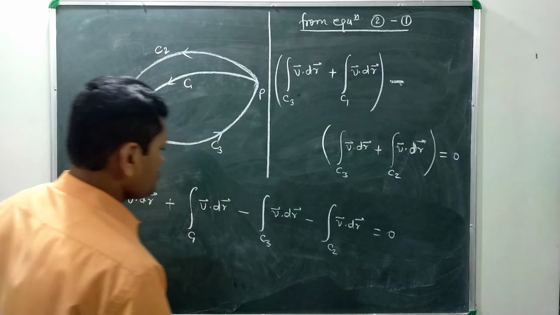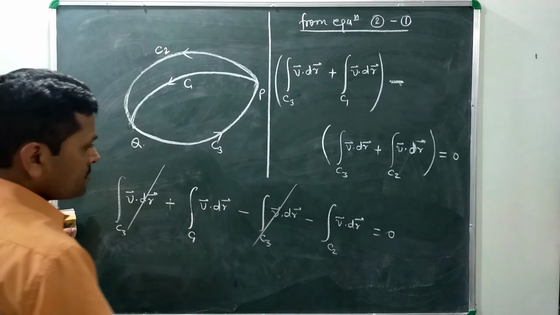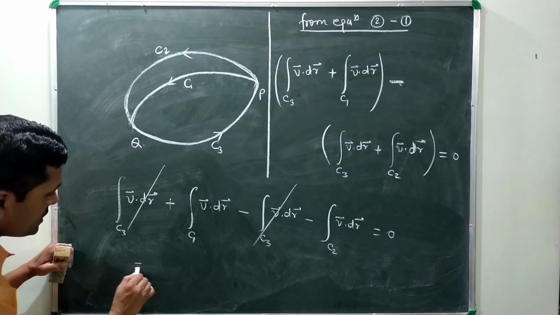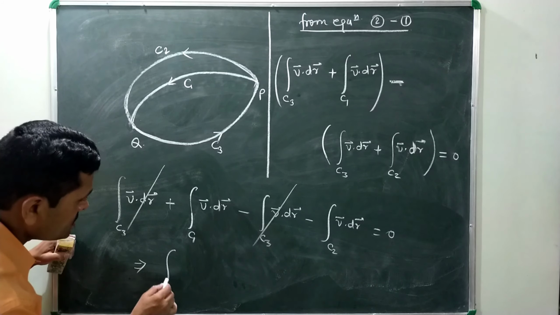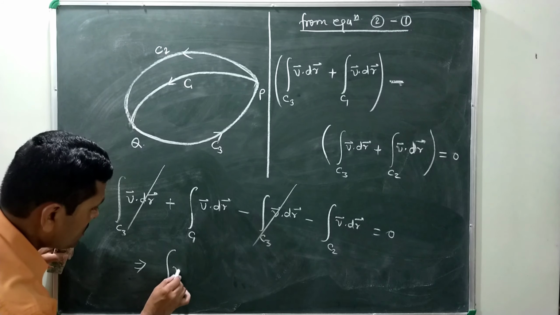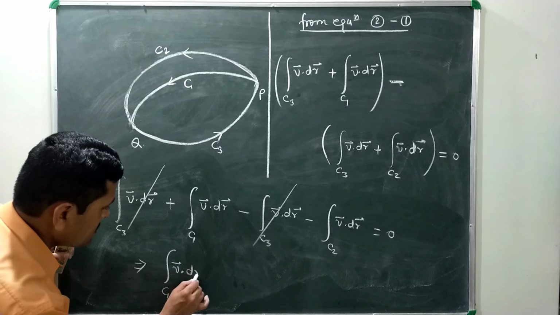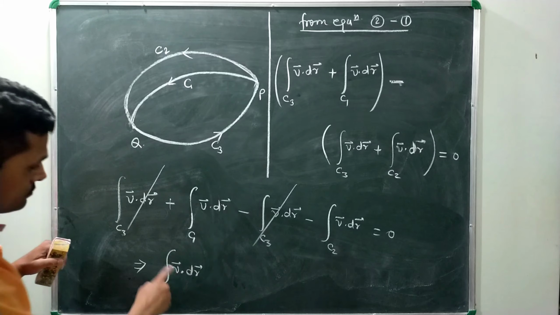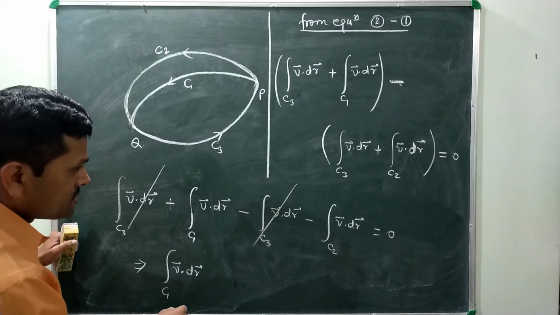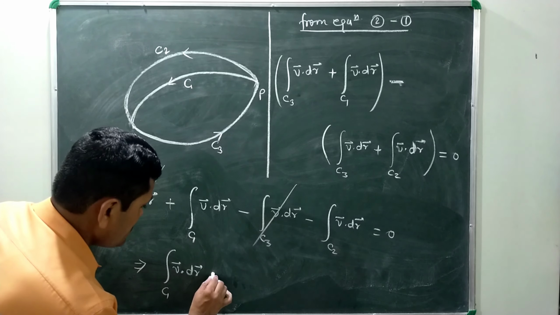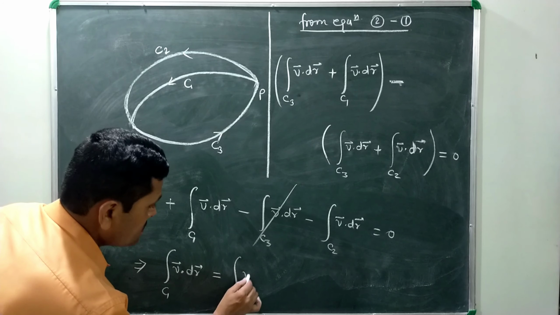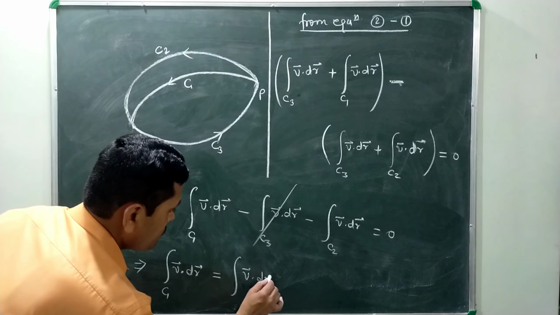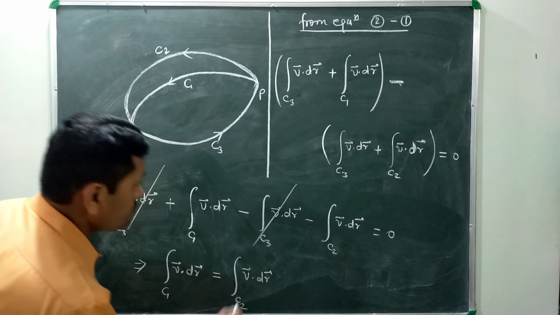This is equal to 0. So this term may be cancelled out, and finally what we are getting here is that line integral of vector v along curve C1 is equal to the line integral of vector v along curve C2,